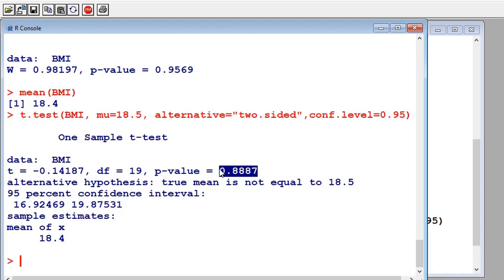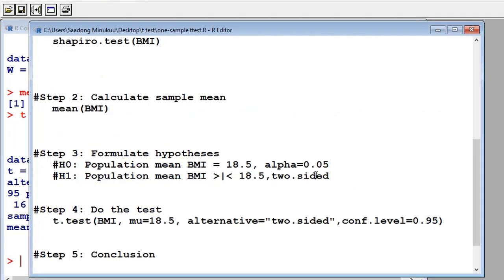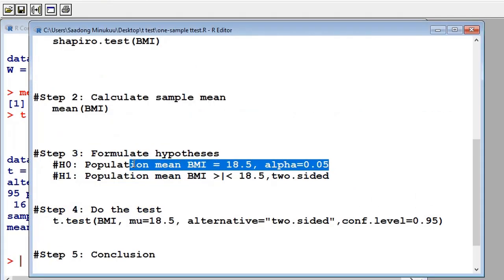This p-value is greater than 0.05, which means we cannot reject the null hypothesis, which suggests that the real population mean BMI of people who consume this particular weight loss drug is not significantly different from 18.5. In other words, it's equal to 18.5. And what that might mean is that our weight loss drug is inefficient,